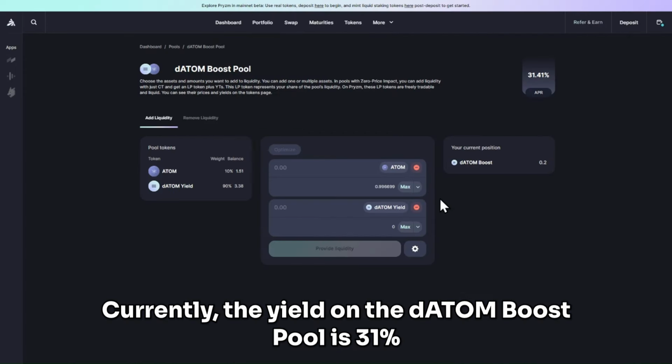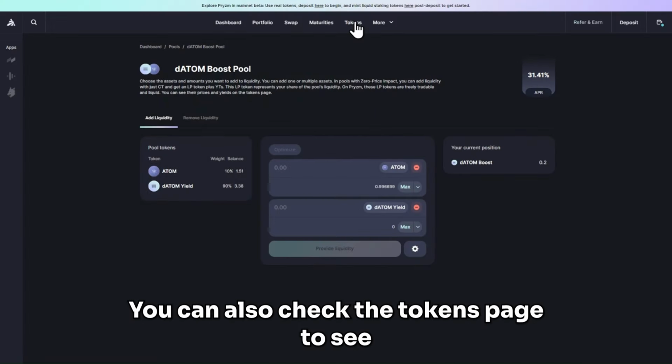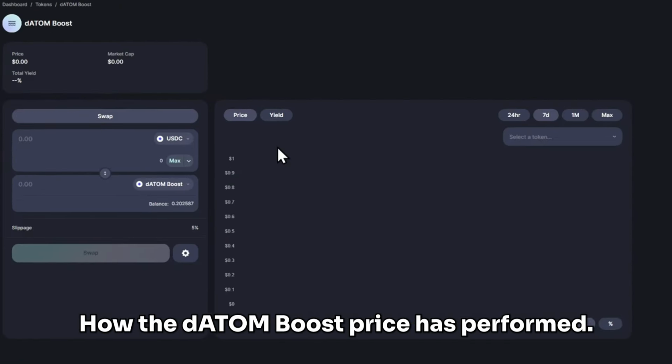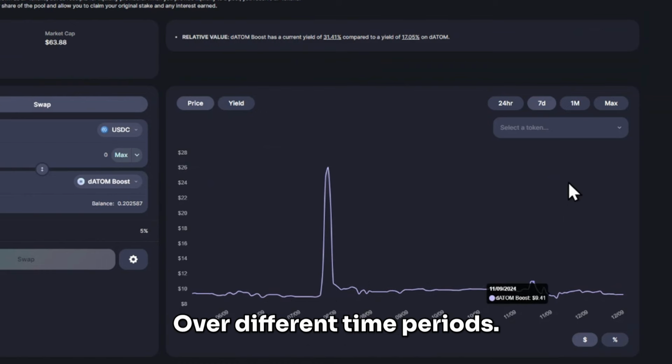Currently, the yield on the dATOM boost pool is 31% because the dATOM yield token inside the pool is earning yield itself. You can also check the tokens page to see how the dATOM boost price has performed. Compare its price to any token like Atom and adjust the time frames to see its performance over different time